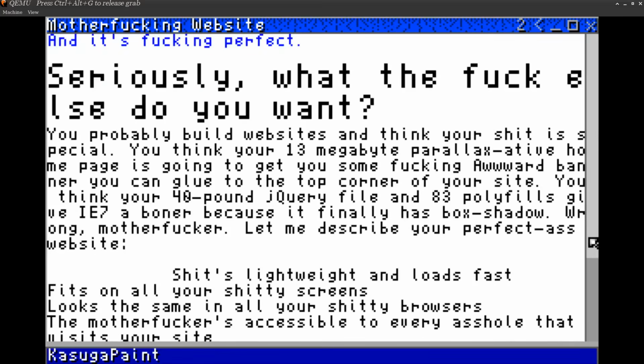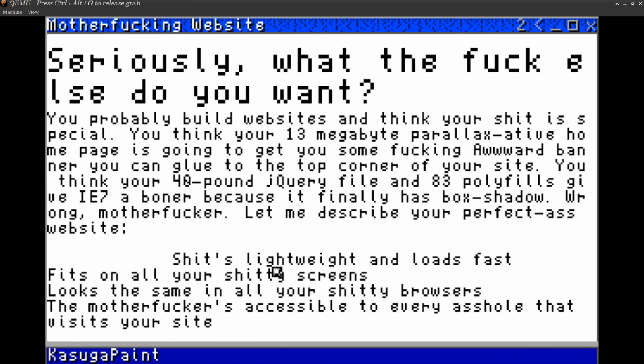We can scroll down a little bit here with the little scroll bar. Shit's lightweight and loads fast. Fits on all your shitty screens. Looks the same in all your shitty browsers. The motherfucker's accessible to every asshole that visits your site. Right? So,